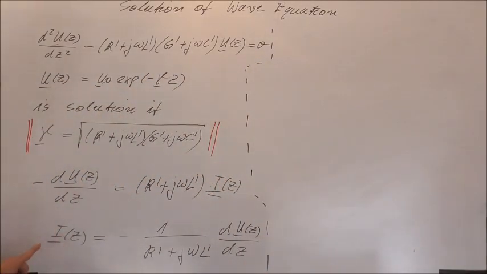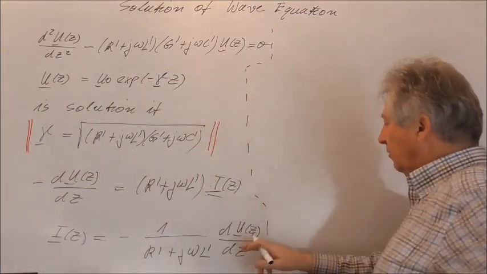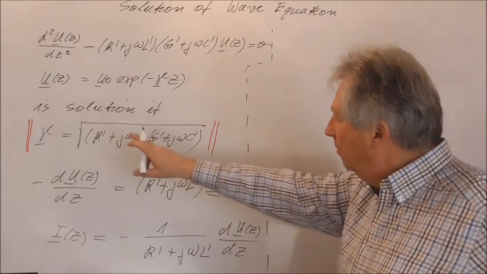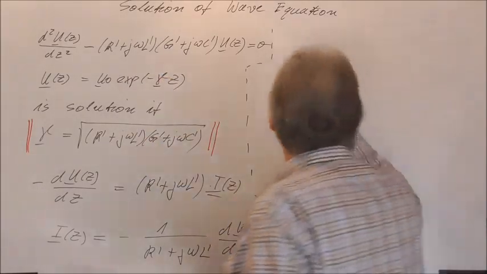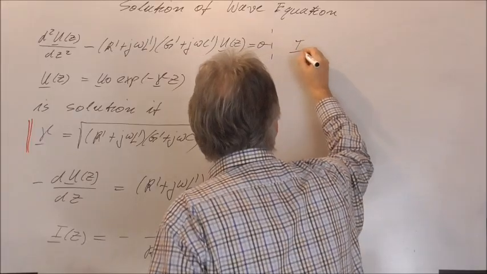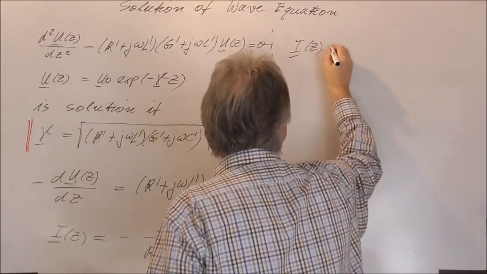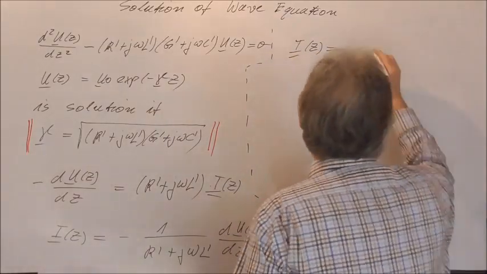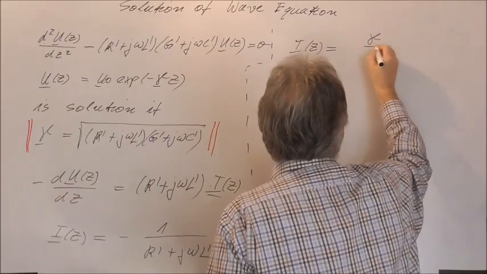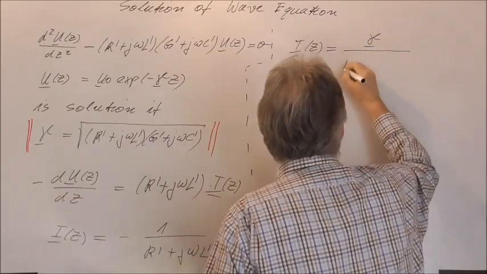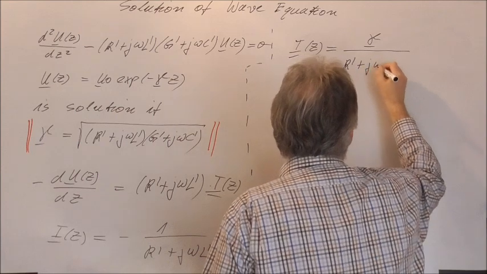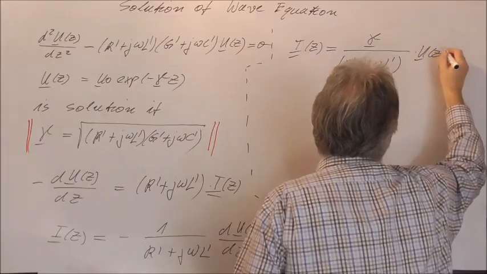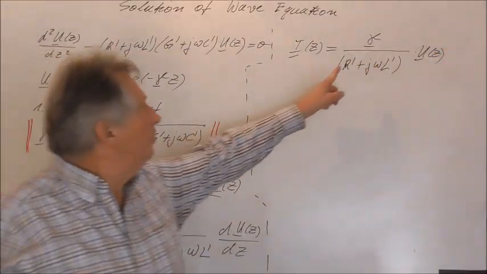So now we can in principle solve for the current distribution on the transmission line. Of course we remember that the derivative with respect to z of this term results in a multiplication with minus gamma. So we can conclude that I(z) is equal to, the minus sign will disappear, gamma divided by (R' + jωL') times u(z). And we have here a term